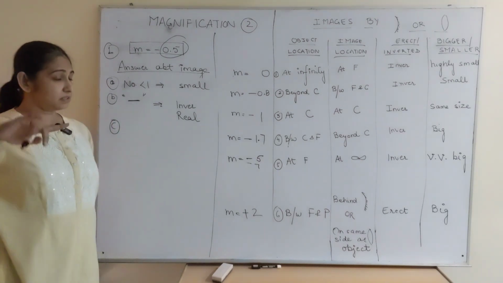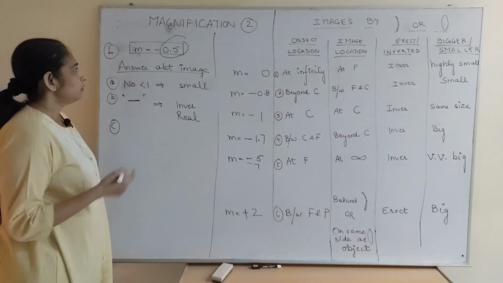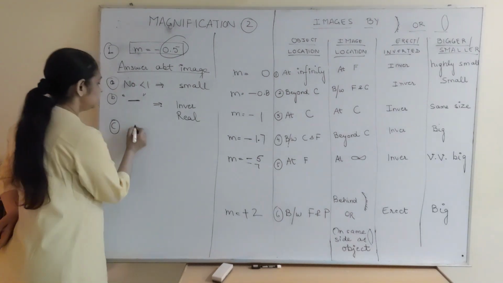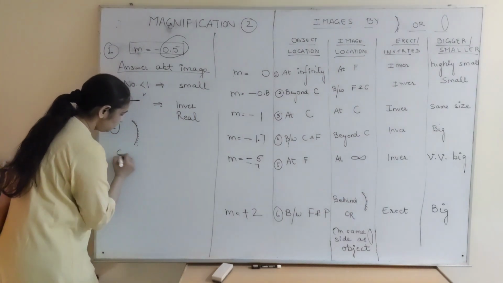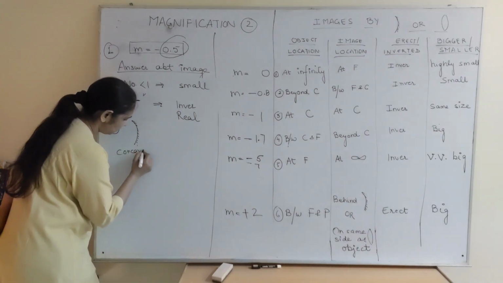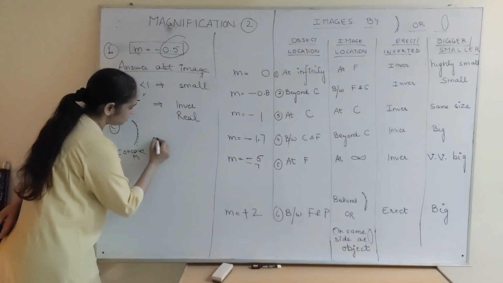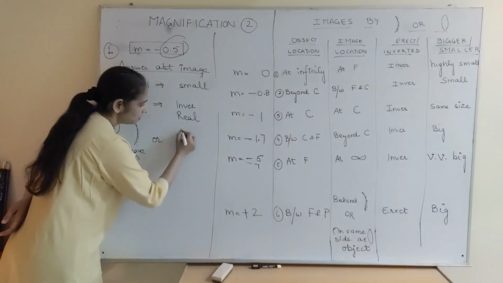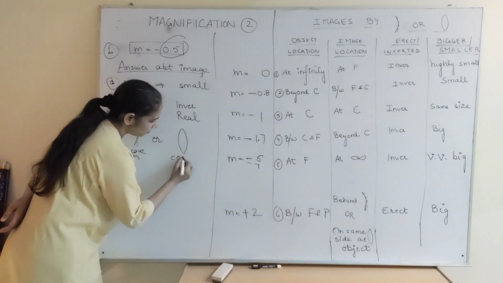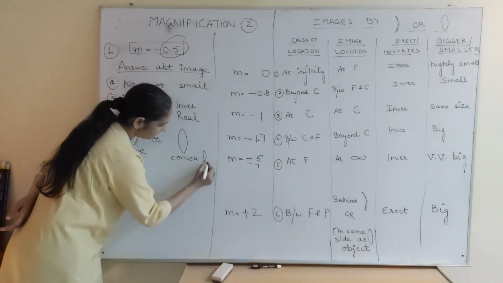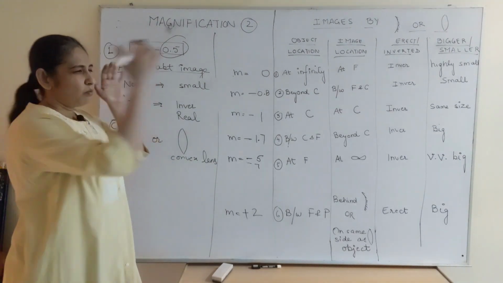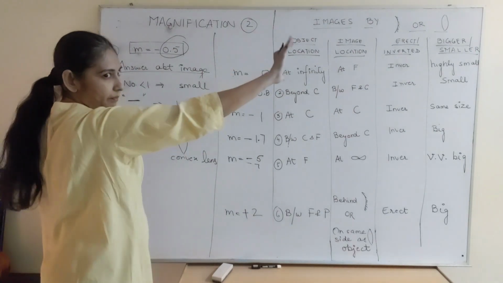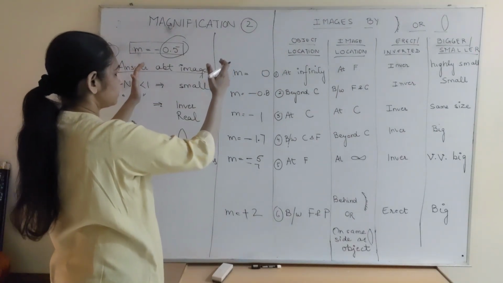So these three things. Now what is the device? This I'm doing as we did last episode. What is the device going to be? Either it is going to be a concave mirror, or it is going to be a convex lens. Remember in that small section from 1 to minus 1, I had made the number line from 1 to minus 1.